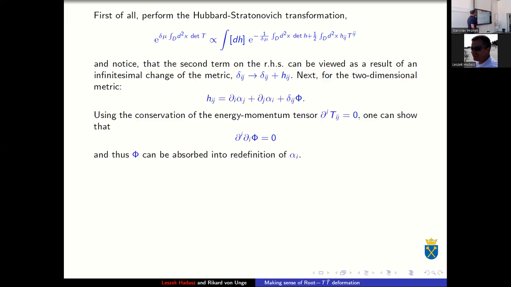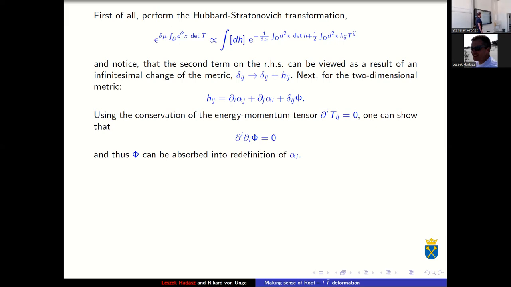So that's one deformation. Next, if you are in 2 dimensions, any symmetric tensor can be written. Okay? And moreover, after some more work, you can see that from the fact that this metric is coupled to the conserved energy momentum tensor, you can show that this term, the scaling part of the metric, can also be written as